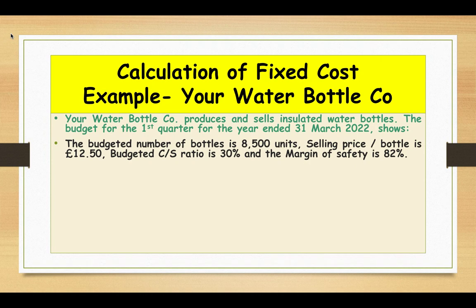So in this case, they have said margin of safety is 82%. So the break-even point is 18%. Okay. Now the question is, we need to calculate the fixed cost